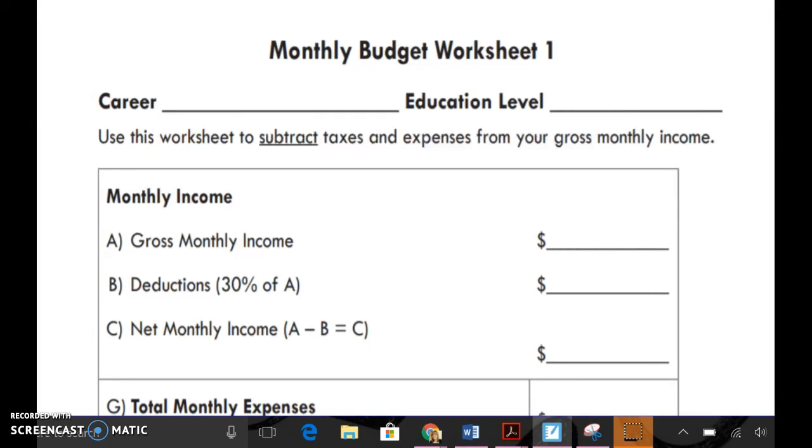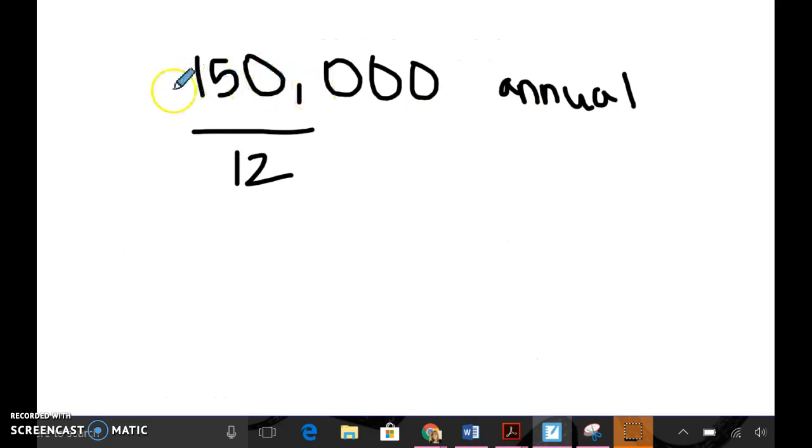So you've started your Punnett Square genetics activity with Ms. Sears in science class, and now you're extending that with the Game of Life project in math class. In her class, you were assigned, or you chose, a career and level of education, so you should know your annual income. What we need to do is find out your monthly income and then take 30% of that for taxes. So, as an example, if you make